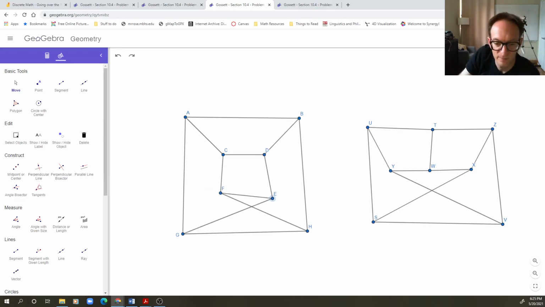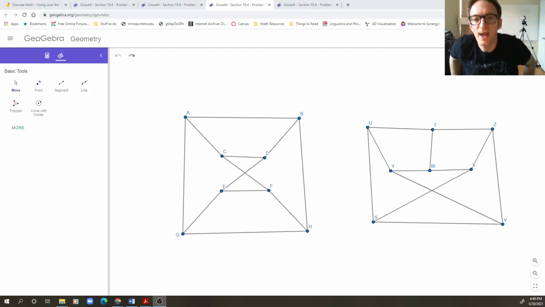Okay, hold on. Pausing this for a second. Okay, it's 10 minutes later. I think I got this now. Here's the idea. The idea is this graph on the right. These are isomorphic. The graph on the right has this cycle of length 4,